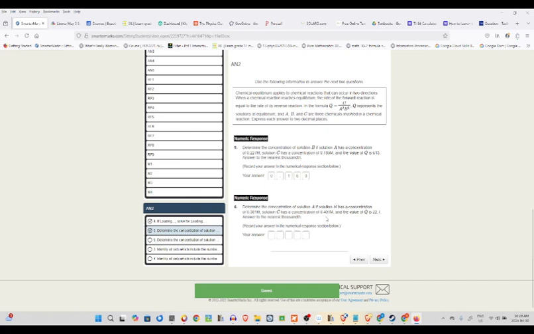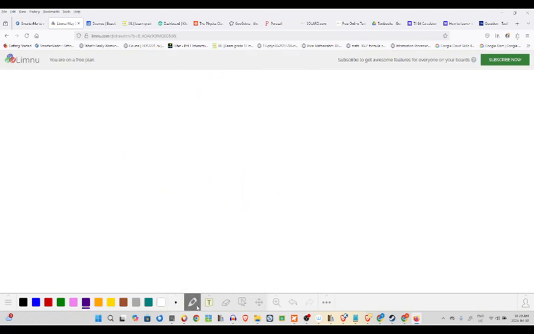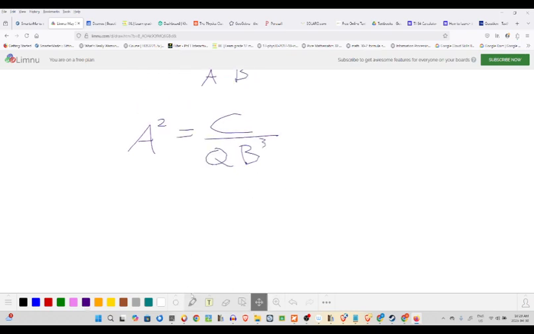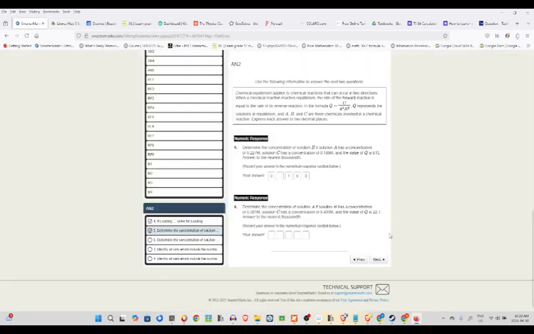The next one, we're given b and c and q and asked to find a. Algebraically, we have our same starting point. Q is c over a squared b cubed. To find a, we multiply both sides by a squared and divide both sides by q. So the a and the q can end up trading places. So then a is the square root of c over q b cubed. So in this case, b is